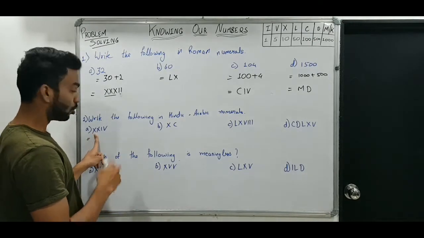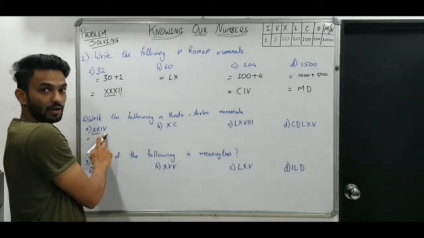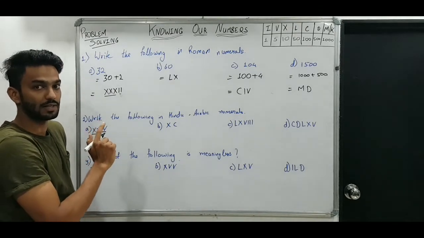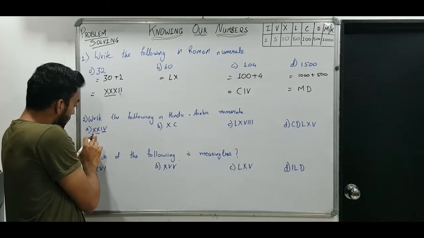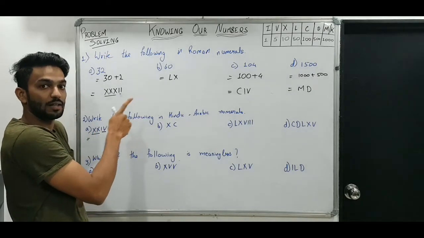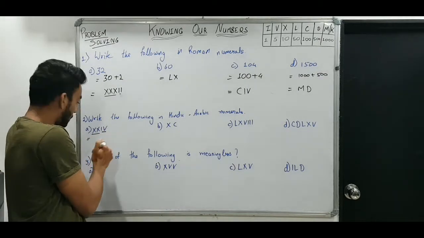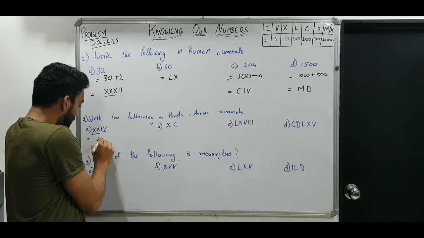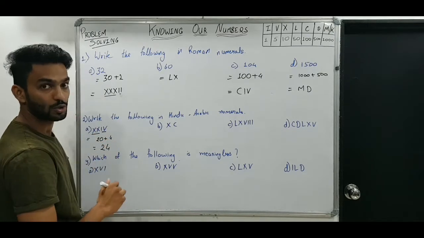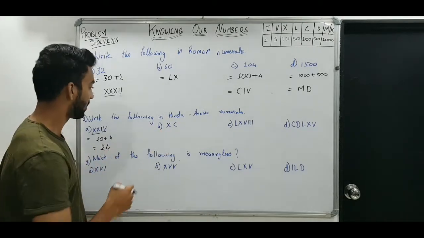So यहाँ पे दोनों सेम हैं, फिर reduce होके वापस से greater symbol आ गया. So therefore this will be one combination. ये examples ऐसे हमने लिए थे. So this is plus plus, but ये IV जो है ये increase हो रहा है. So यहाँ पर addition और यहाँ पे subtraction होगा. So X plus X is 20 plus this is 4. So it will be 24. So ये addition subtraction combination अगर समझ गए, so it will be very easy to convert these numbers.